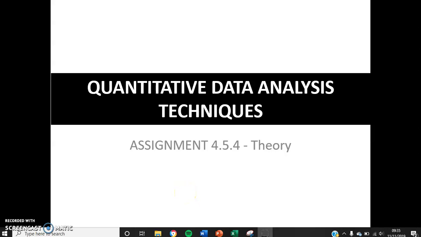Okay, this is actually Adamson-Edwards 4.5.4 theory. So this is for inferential statistics. So finally, when it comes to a researcher analysing their quantitative research,